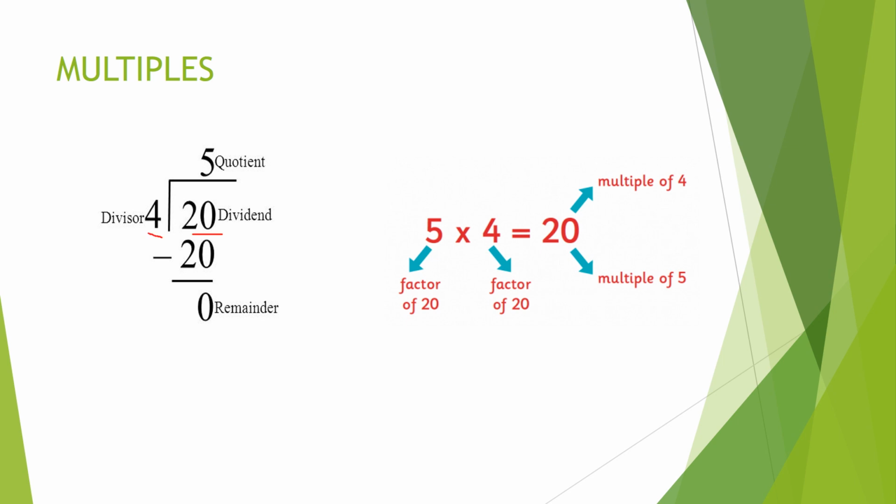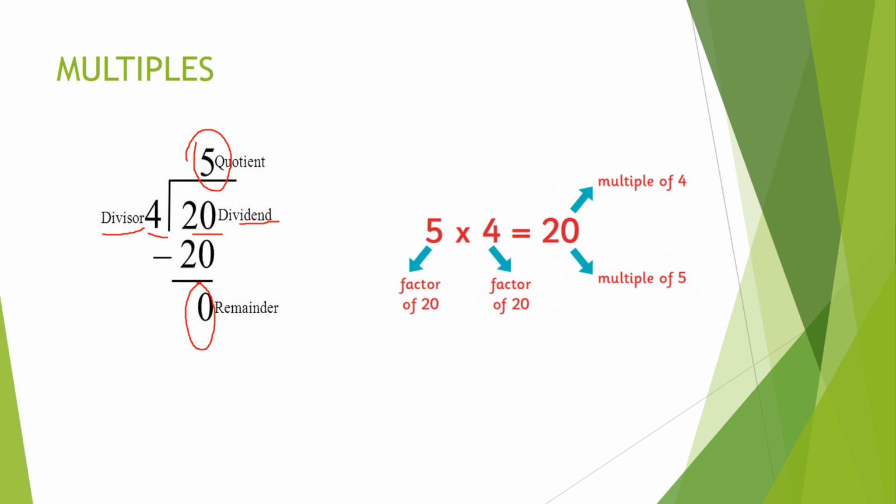So here in this example, I have taken 20 divided by 4. This means that 20 is the dividend and 4 is the divisor. So we need to check whether 20 goes in the table of 4 or not. So let's check it. 4 ones are 4, 4 twos are 8, 4 threes are 12, 4 fours are 16, and yes, we got it: 4 fives are 20. So this 5 becomes our quotient, and we get 20 minus 20 as 0, which becomes our remainder.